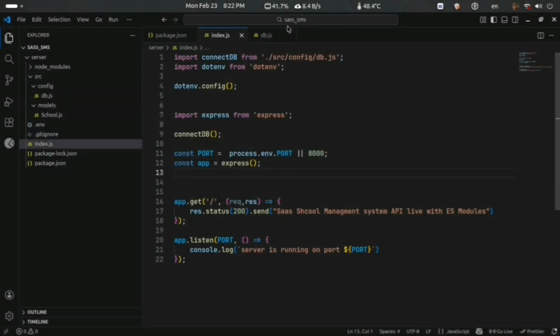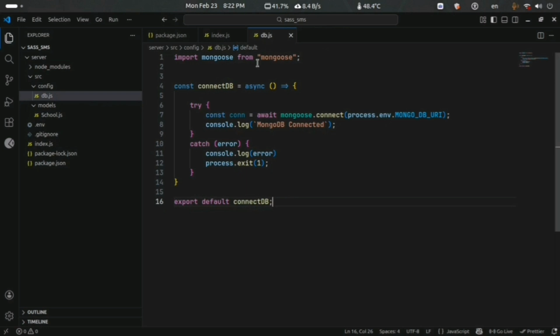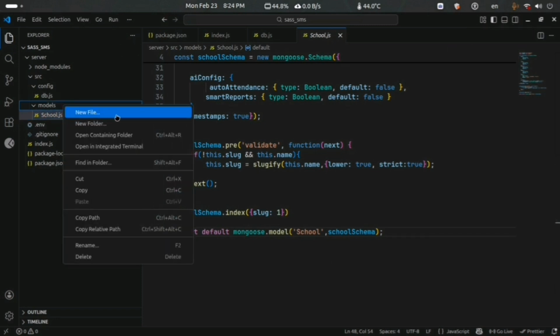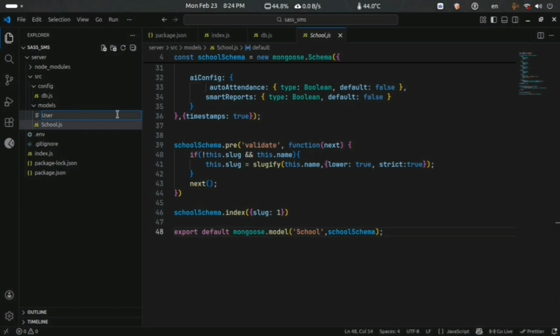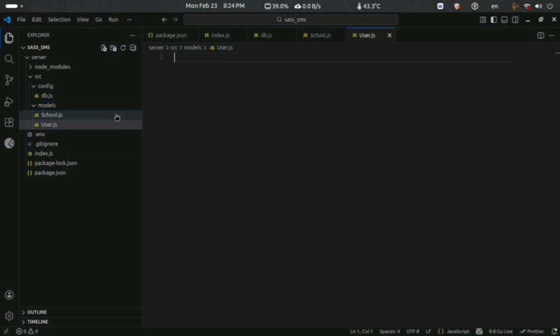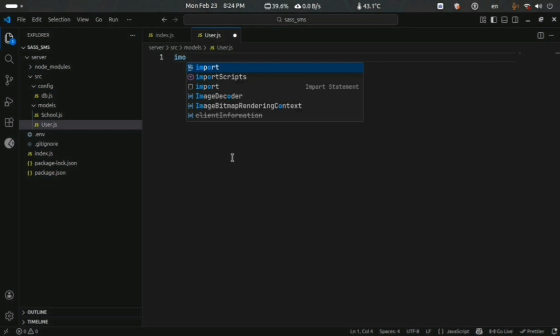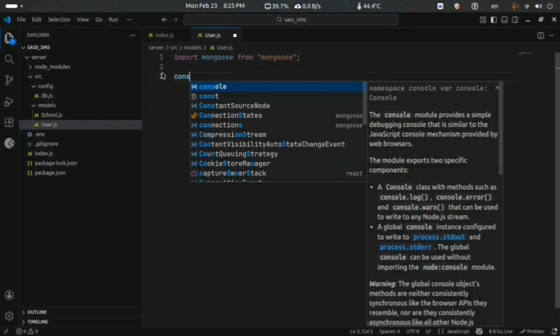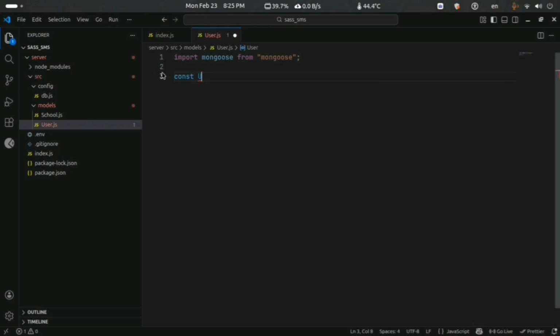Now we will design our global user schema to register users into our system. So inside our models folder, create file user.js. Inside it, import mongoose from mongoose. const userSchema is equal to new mongoose.Schema.